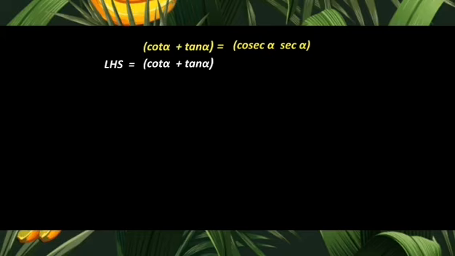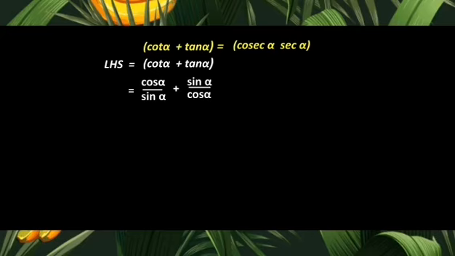Correct? Because we cannot even use an identity, because in an identity we require each term as a square: tan square, sec square, then cot square, and so on. So what is the step we need to follow over here? Just turn this cot alpha and tan alpha into sine and cos. You will come to know what the further push is, and you know how to write these trigonometric functions. If not, see the first video of mine.